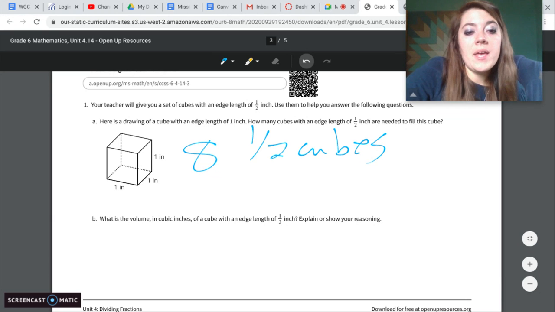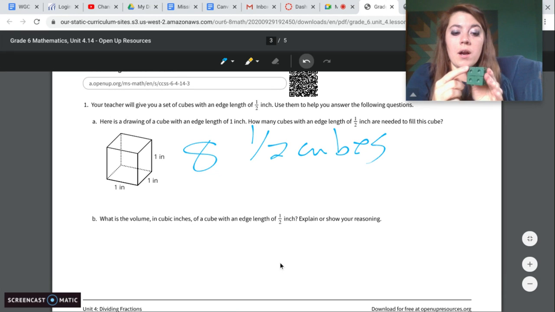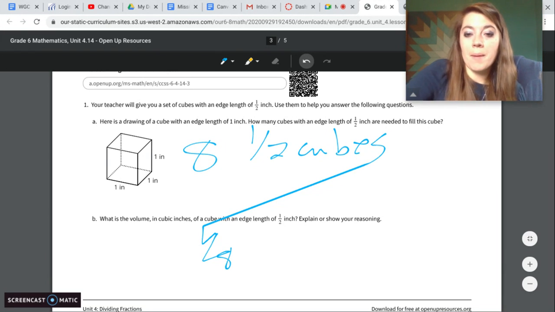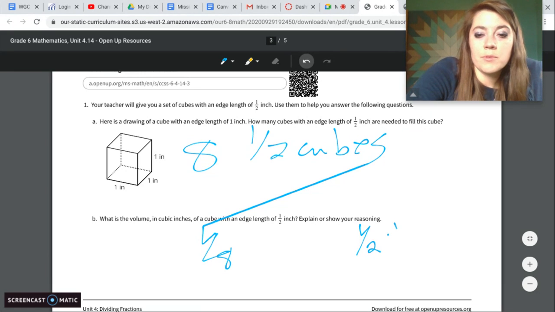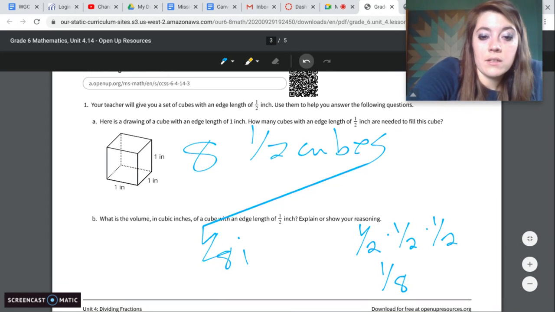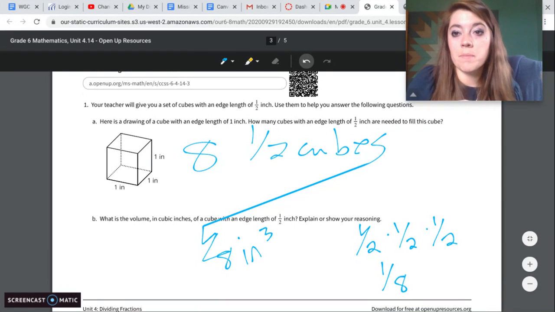So for part B, what is the volume in cubic inches of a cube with an edge length of 1/2? Well, same as before, it takes 8 of them to fill the cube, so one is 1/8. We can also find that by multiplying. 1/2 times 1/2 times 1/2. 1 times 1 is 1 times 1 is 1. 2 times 2 is 4 times 2 is 8. So 1/8 inch cubed. So we can do this without having to use these cubes. It's all about multiplying, but you have to take into account how many it takes to make up some of